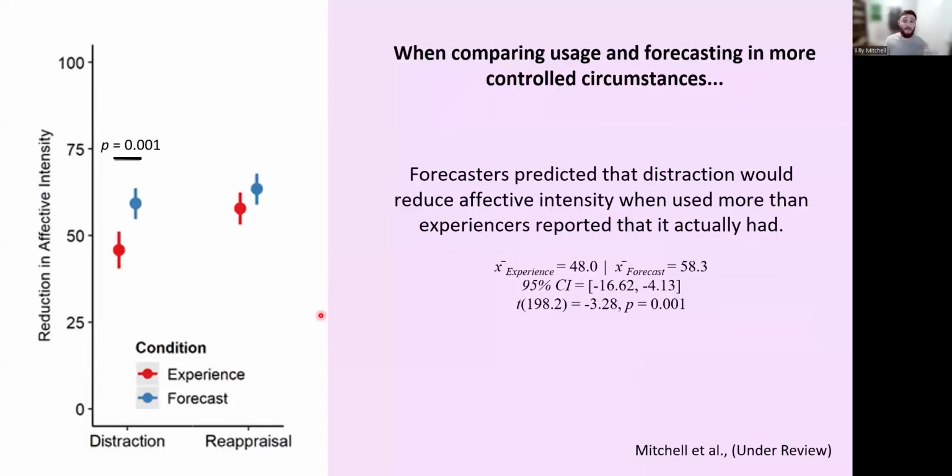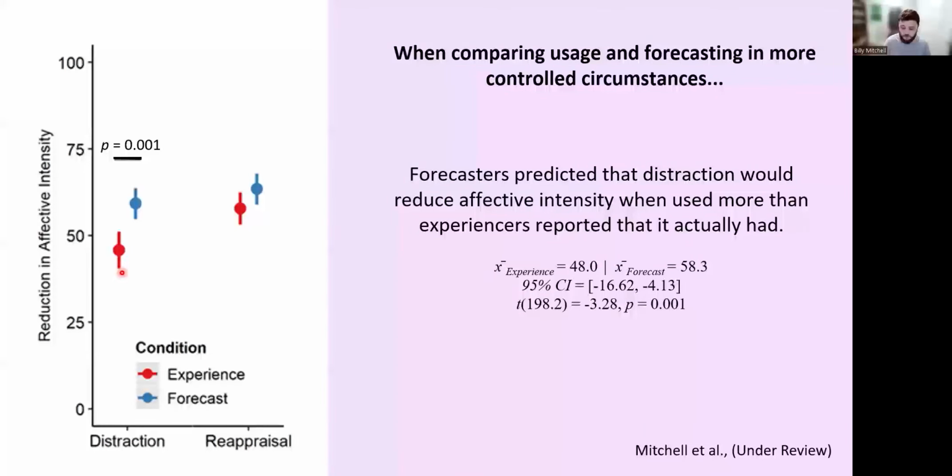Lastly, when assessing how much subjects believed their selected strategy reduced or would reduce their negative affective intensity on that sliding 100-point scale, predictions and experiences of reappraisal were nearly matching. But forecasters predicted that distraction would be more effective than experiencers actually reported that it was. This again illustrates this trend of distraction being less beneficial in these high-intensity, high-stress situations than what we might expect